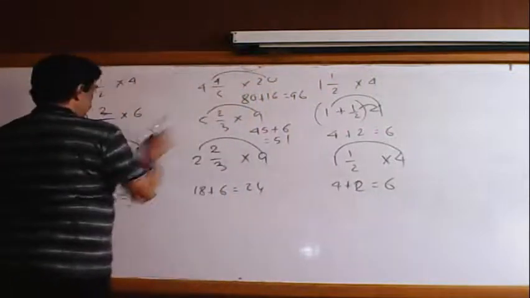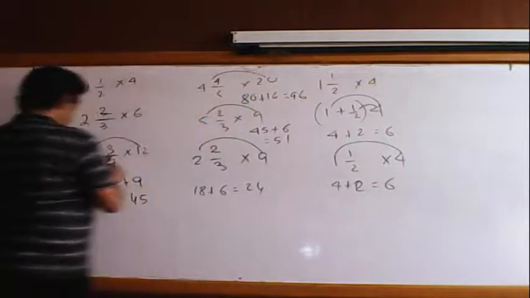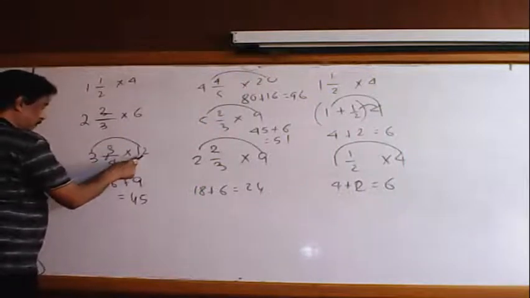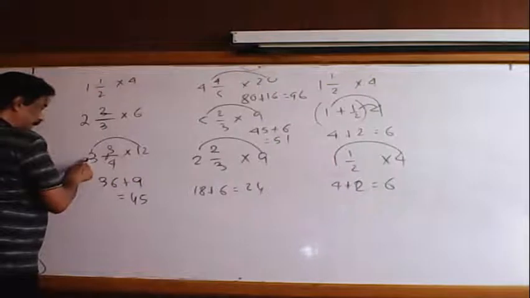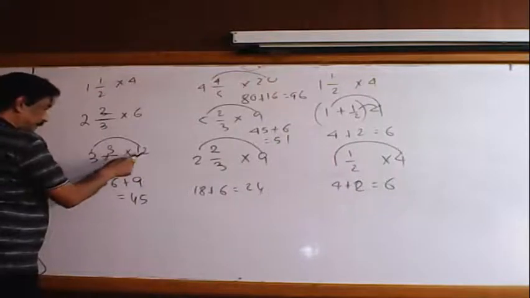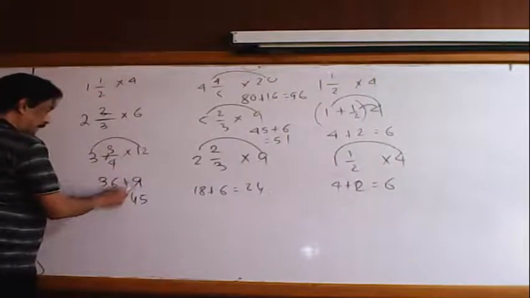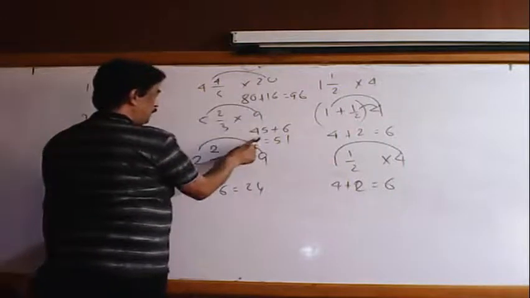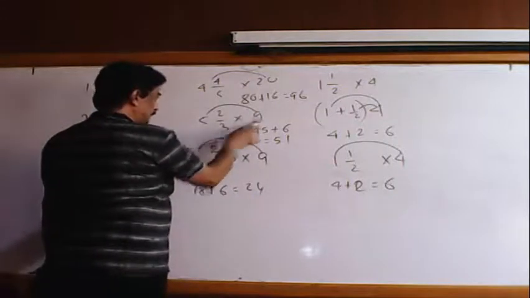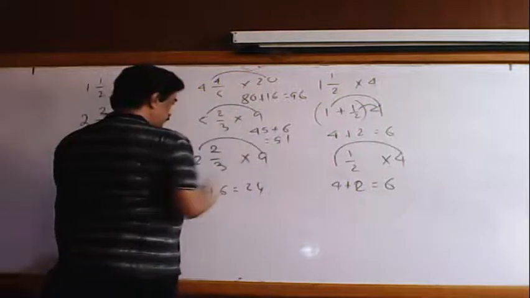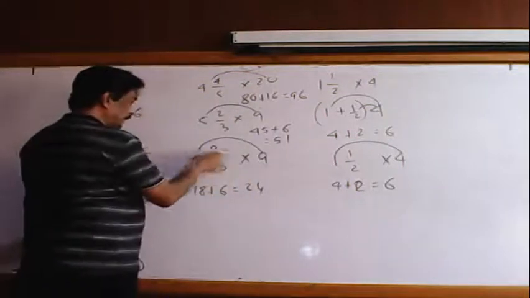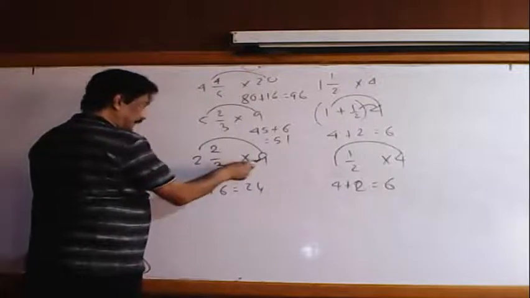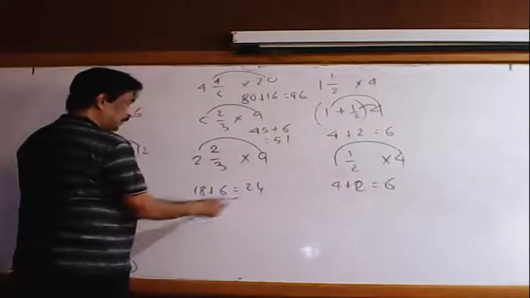Second is, if I write 4 into here, 3 and 3 by 4 into 12. So multiply 3 into 12, 36, plus this by this equal 3, 3 3s are 9, 36 plus 9, 45. If I say this, 5 9s are 45. If I cancel this 3, 3 2s are 6, 45 plus 6, 51. If I write this thing, 2 into 9 is 18, now cancel the 3, 3 3s are 9, 3 2s are 6, 18 plus 6, 24.